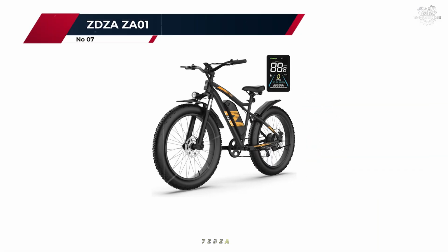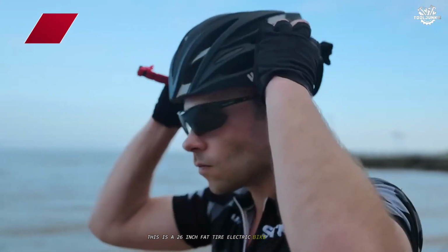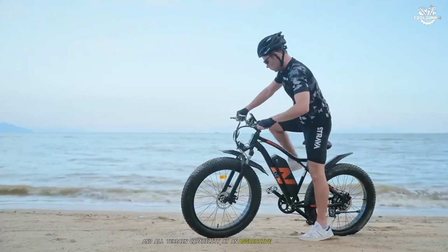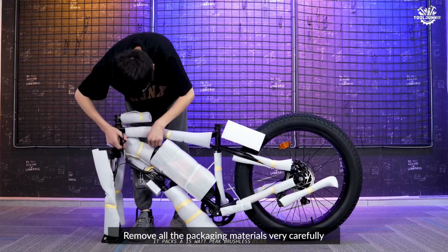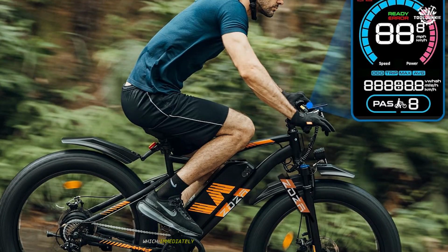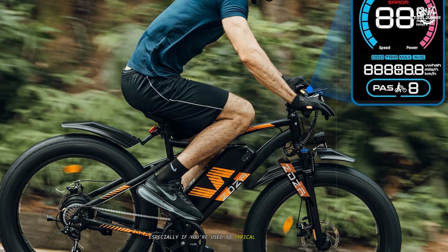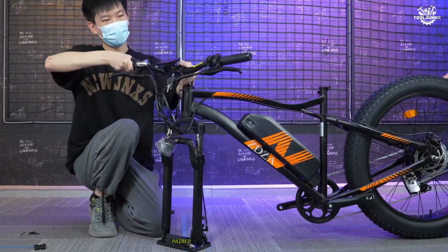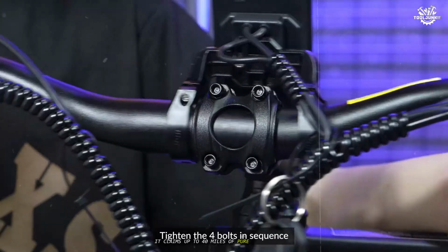7. ZDZA ZA1. This is a 26-inch fat tire electric bike that's all about raw power and all-terrain capability at an aggressive price point. It packs a 1500-watt peak brushless rear hub motor and can reach up to about 28 miles per hour, which immediately puts it in the serious power category, especially if you're used to typical 500 to 750 watt commuter e-bikes. Paired with a 48V removable battery, it claims up to 40 miles of pure electric range